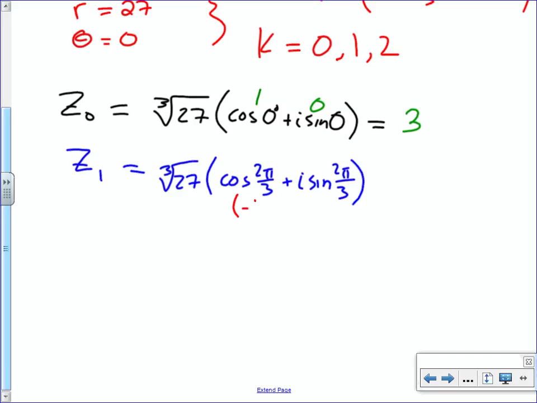Yes. And sine would be square root of 3 over 2, right? 2 pi over 3 is in the second quadrant, sine is positive. Okay. Cube root of 27 is 3, so 3 times negative 1 half is negative 3 over 2, right? Plus